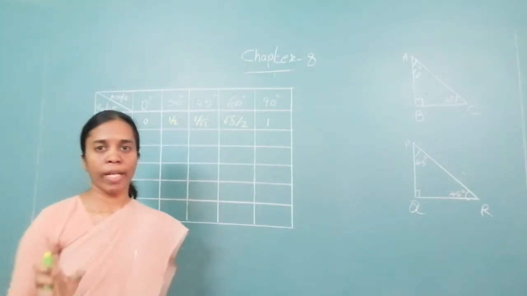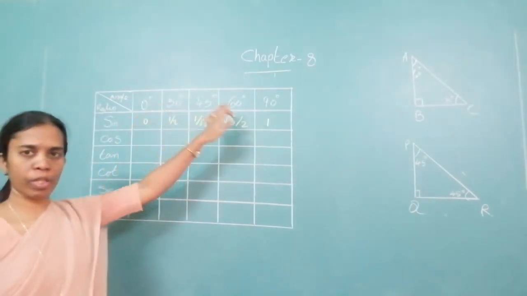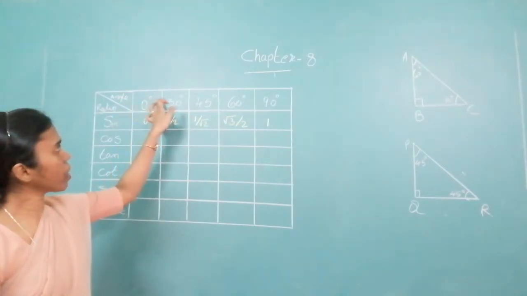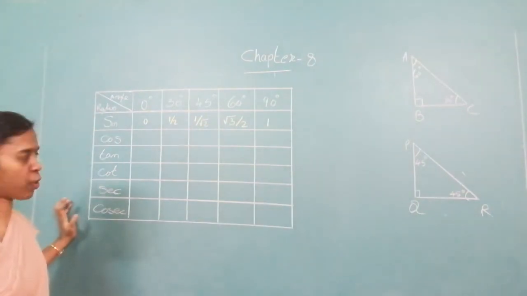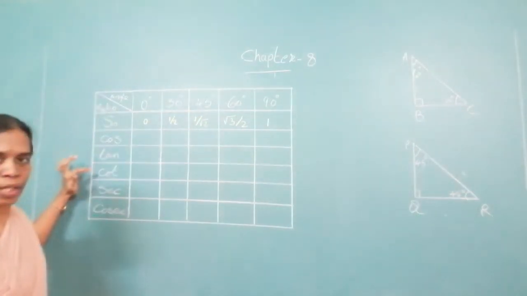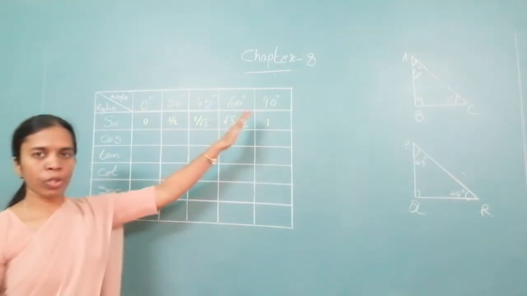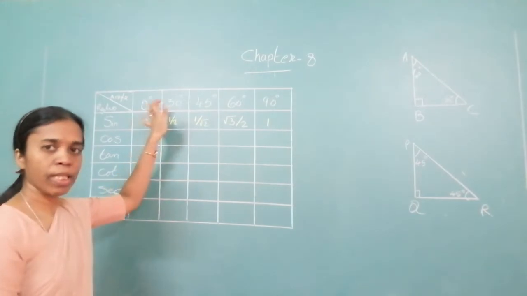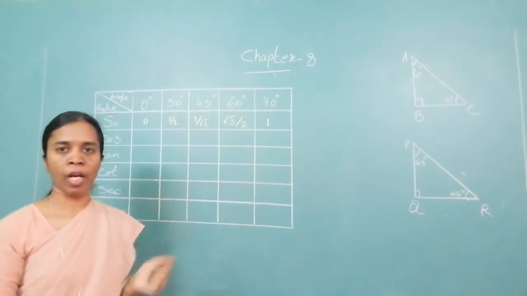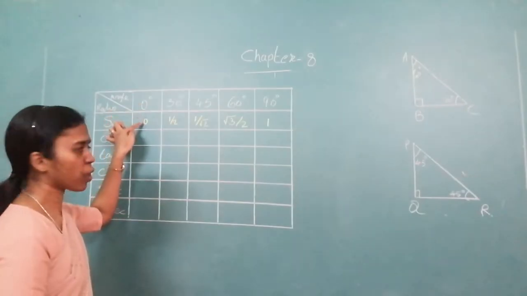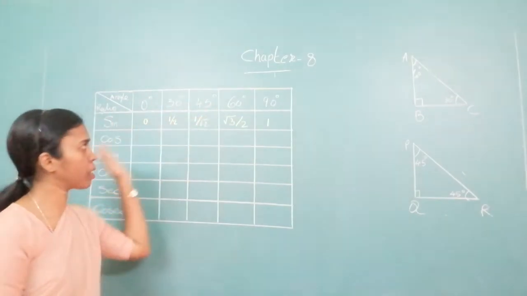Okay. As I said, there are 5 measures. The measures you should remember well. Measures are written over here. So on top you will have 6 columns. First is for the angle, and below that you will be writing the ratios: sine, cos, tan, cot, sec, cosec. And then horizontally you will be writing 0 degree, 30 degree, 45 degree, 60 degree, 90 degree. How do you read it? Sine 0, sine 30, sine 45, sine 90, whatever.